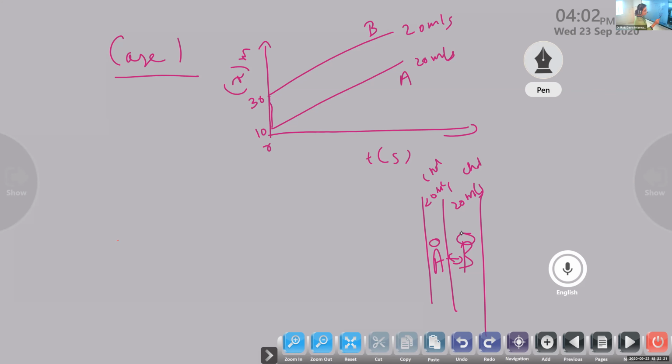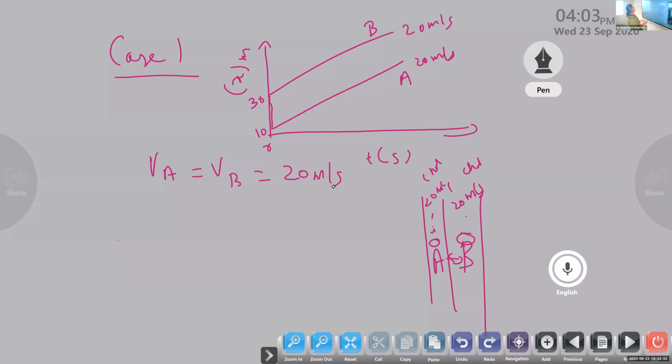Maybe in the beginning, the bus which came from Kodungalur must have started with another velocity. But when both are meeting, and meeting is not colliding, both are at the same place at the same time, their velocities must be the same. A is also moving at 20 meters per second, covering 20 meters in 1 second. B also covers 20 meters in 1 second. In this case, what is the difference? Both have the same velocity. Therefore, what is the relative velocity? Both have 20 meters per second.